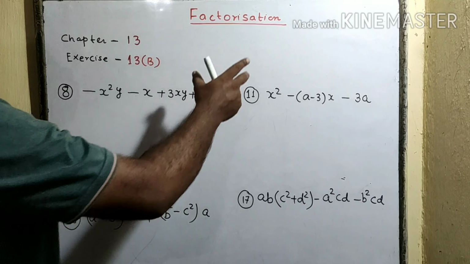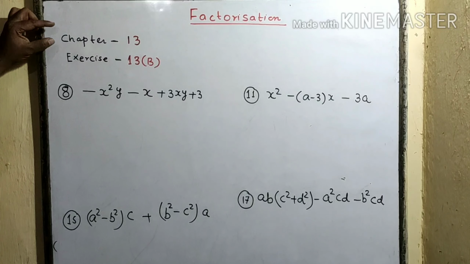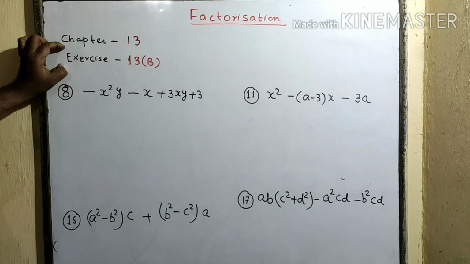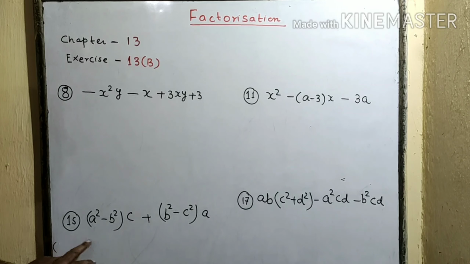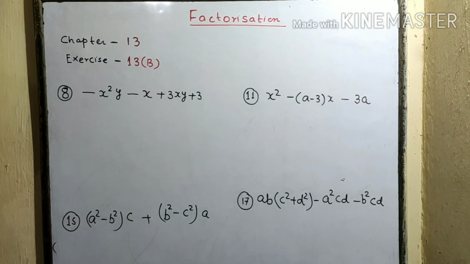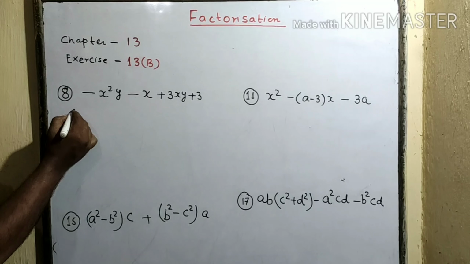So today again we are in factorization, chapter number 13, exercise 13b. We will see question number 8, question number 11, question number 15 and question number 17 one by one. So here we will make group